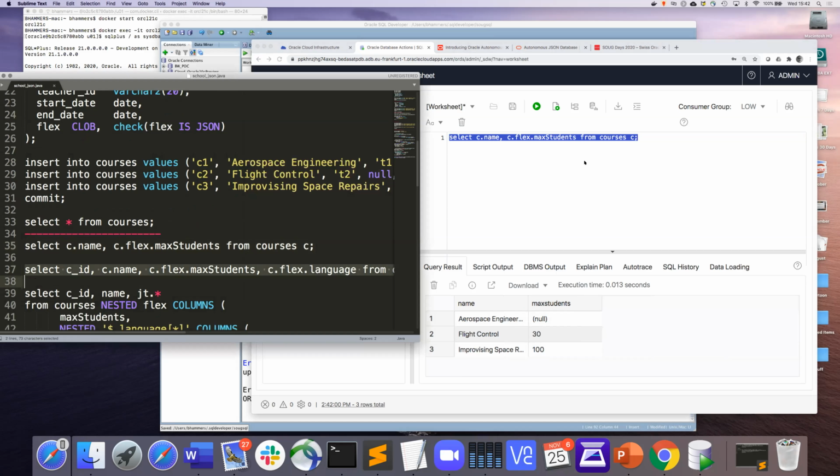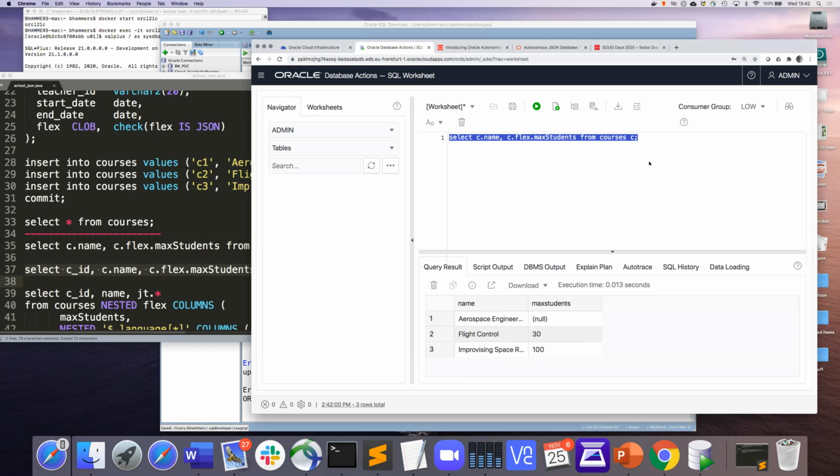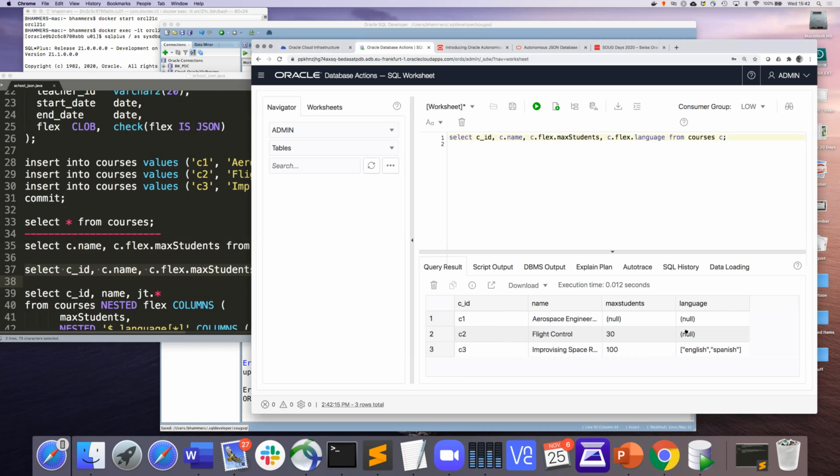Now, how does this work with a language? Well, I could obviously just select the language here that works. I get back this array. So I have all the information, but it's hard to do a search on this one. Let's say I wanted to find out all the courses that are taught in Spanish or Schweizerdeutsch, then I couldn't do an equality comparison with this column. I want to have this as a separate value.